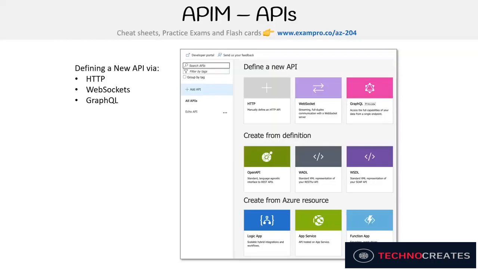WebSockets is great for real-time stuff. Maybe you're making a video game, maybe you're making a chat app. GraphQL is becoming a popular alternative to REST-based applications like standard endpoints. So GraphQL allows you to define a query to query data. Personally, it's not my favorite, but I like the fact that it's all rolled up under one API gateway in Azure. The next thing is we can define based on a schema standard for importing, defining APIs. We have OpenAPI version 3, WADL, WSDL, and the latter two I don't know much about, and so